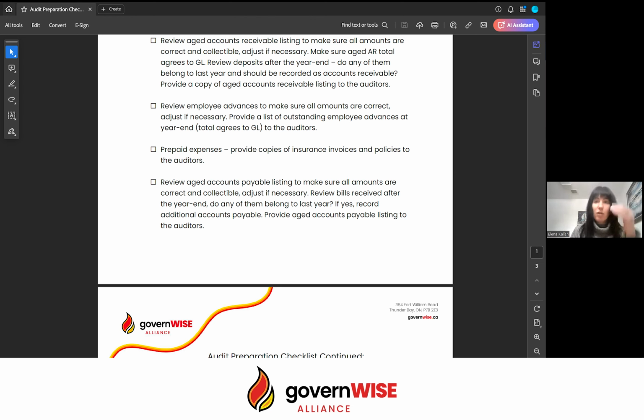Next item, and you'll see this list is in the same order as our balance sheet. So next item is employee advances receivable. If we give employee advances, then we do need to do work on the amount receivable from employees at year end. The best process is to actually have a rule that all employee advances need to be repaid prior to the year end, and then you don't have to worry about that balance and go through additional